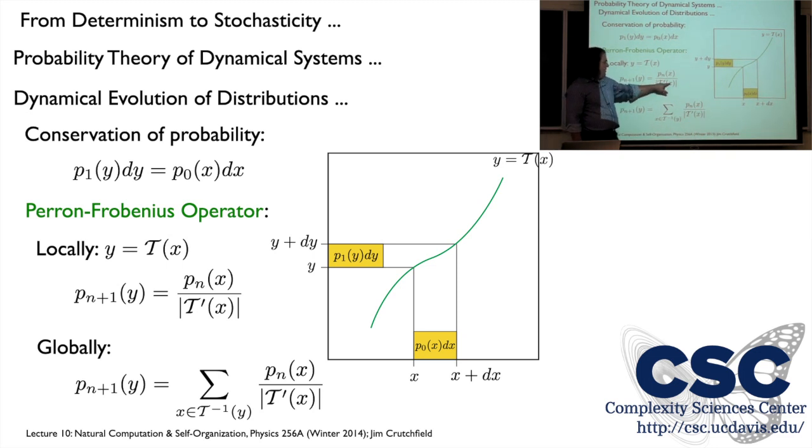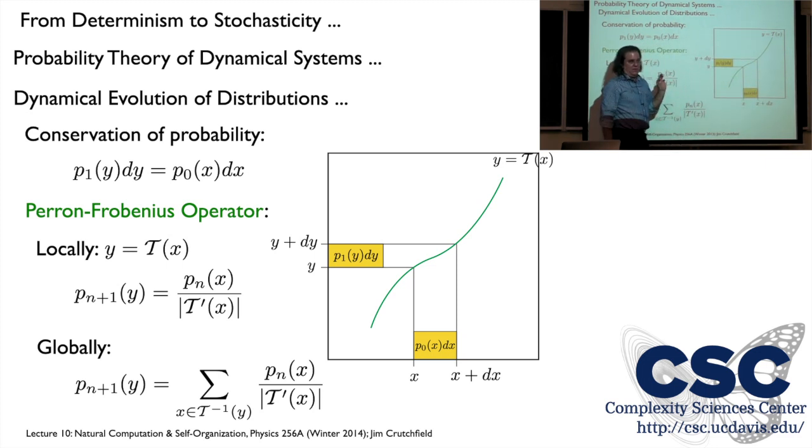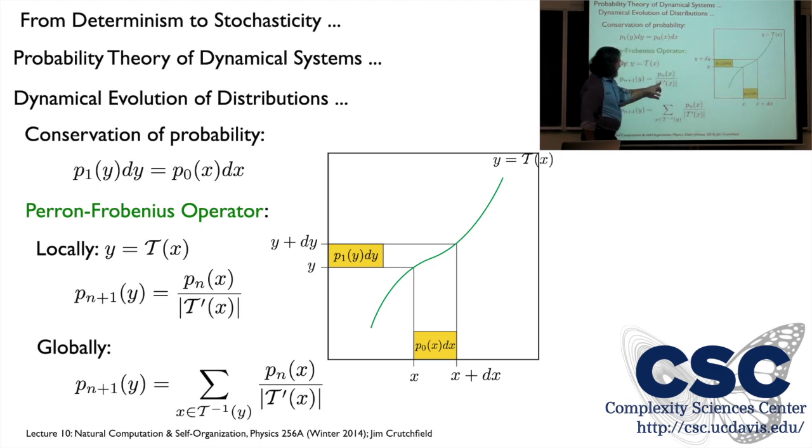So as the slope goes to 0, whatever probability mass I have here is getting concentrated in a smaller and smaller interval, which means all that mass gets piled into it, and therefore I have very high probability. The probability concentrates when the slope goes to 0. Then we're dividing by a very small number, which means this on the left-hand side gets large, and vice versa. If the slope is very steep, a small variation here gets spread out over the whole thing. This will be a number greater than 1, and therefore the probability amplitude at the next time, in the range of the function, will be less. The amplitude will be less.